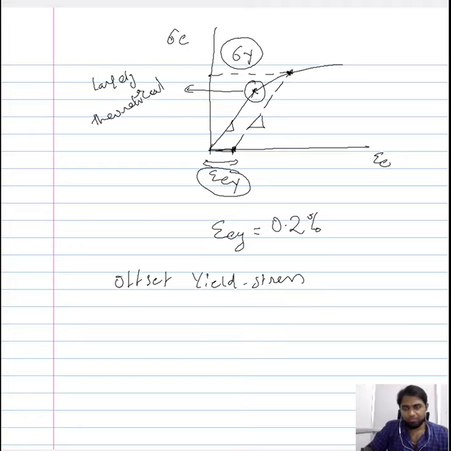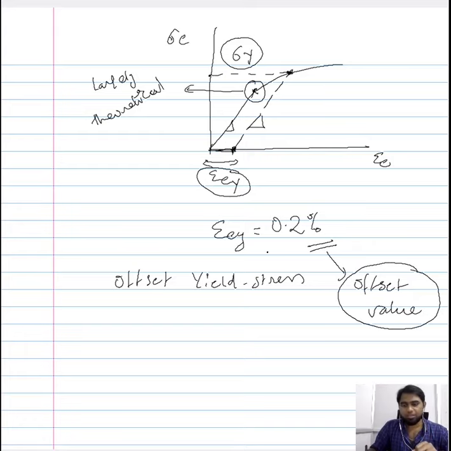So the point that we call the yield stress, when we calculate it using a definite amount of strain or a specific amount of strain, this approach of calculating the yield stress and the value that we get is referred to as the offset yield stress, and the specific amount of strain that we have considered is the offset value. So the specific amount of strain is the offset value, and the stress that we get from this offset value is the offset yield stress, and beyond this yield stress, whatever deformations we have is the plastic deformation. Now